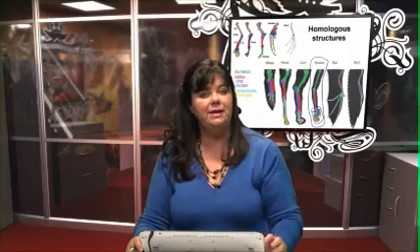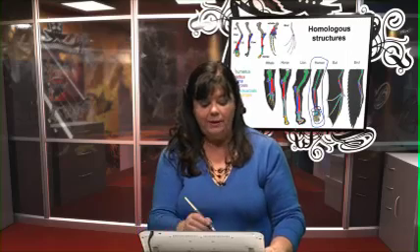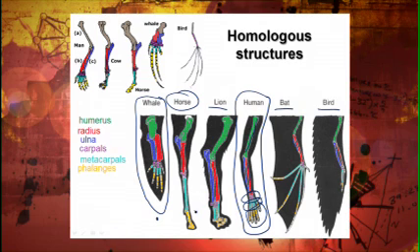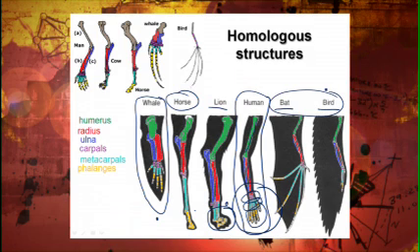Now, if we look at other vertebrates, can we find a similar structure in the forelimb? Well, here's the forelimb of a whale, and you can see that we've done the same color coding for those different groups of bones. Here we find the forelimb, or the front leg, of a horse, a lion, a bat, and a bird. And you can see that even though these structures are used for very different functions, swimming, running, and using those formidable claws to subdue prey, basically tool usage, and flying,